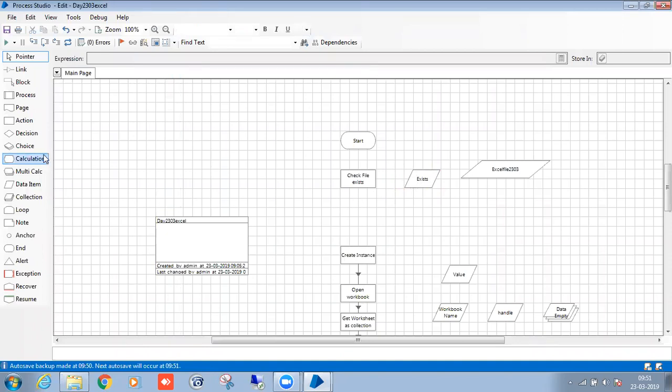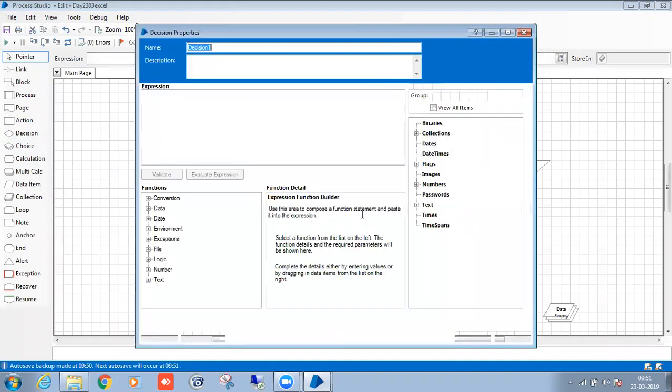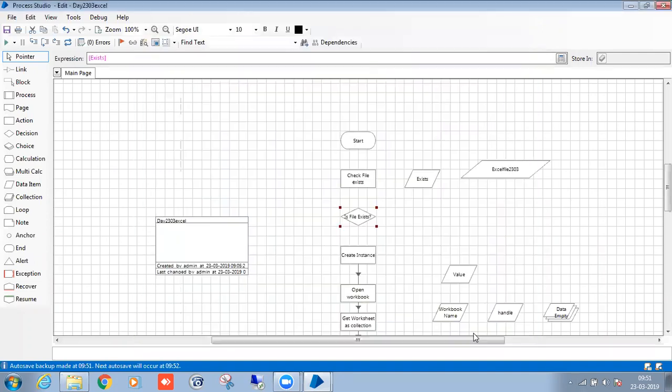Now I will take the decision stage, and I'll take the variable.